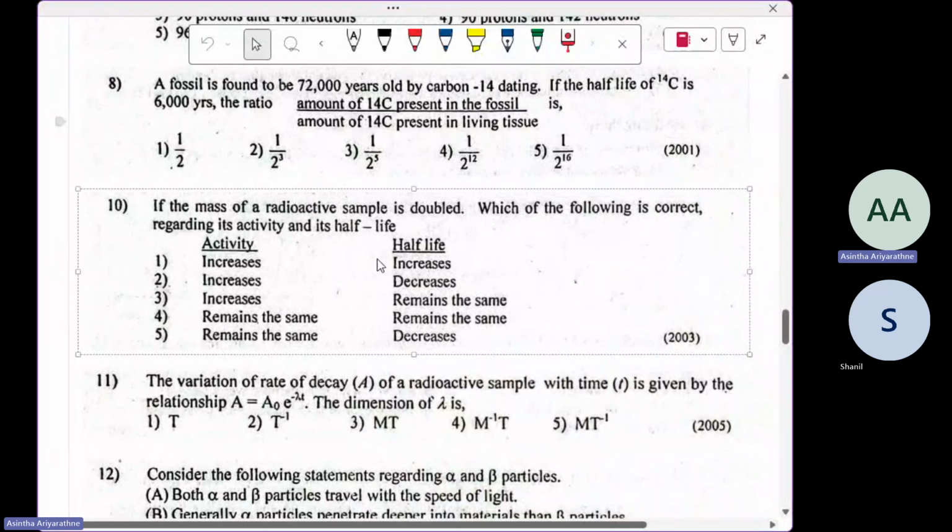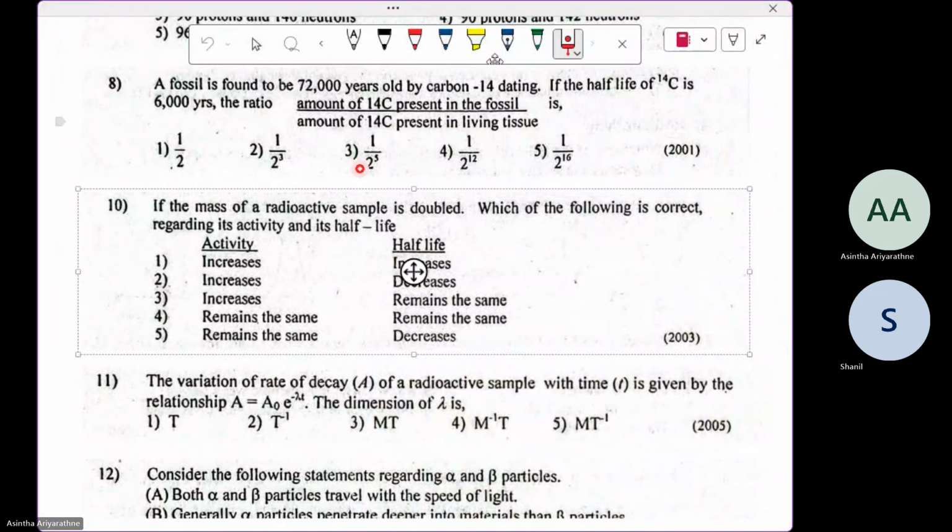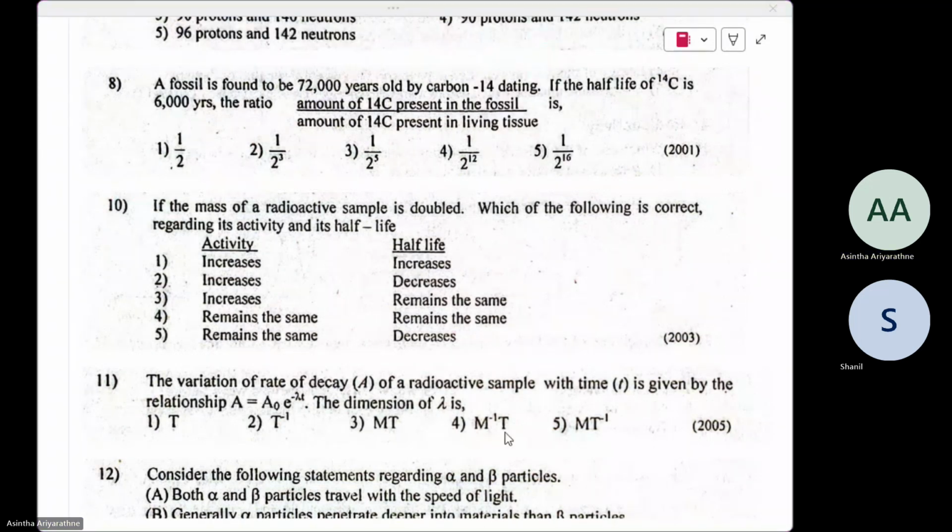It says, if the mass of a radioactive sample is doubled,